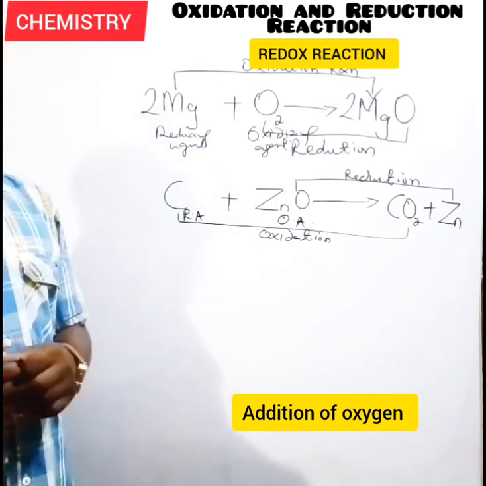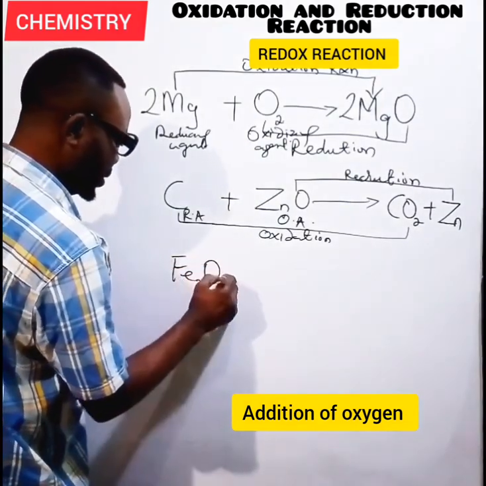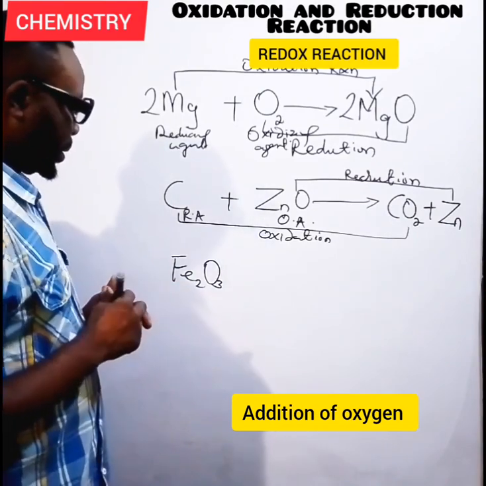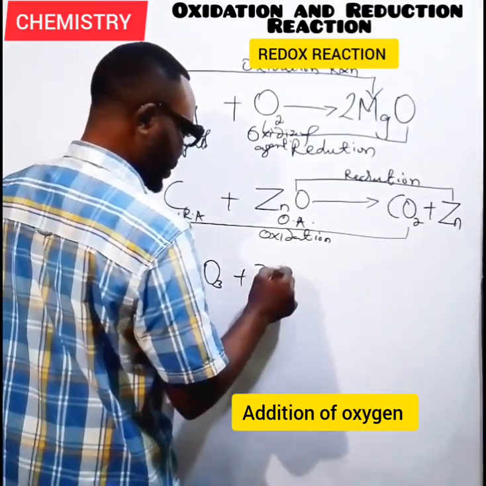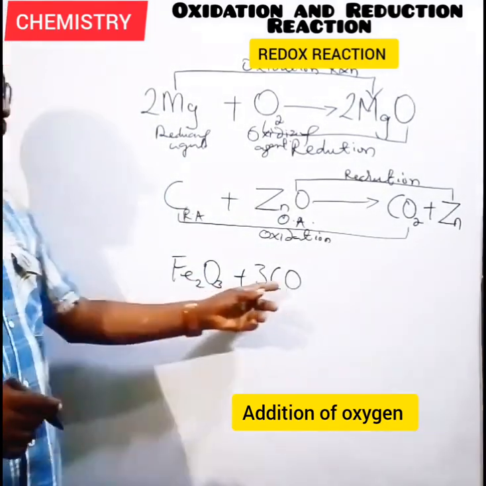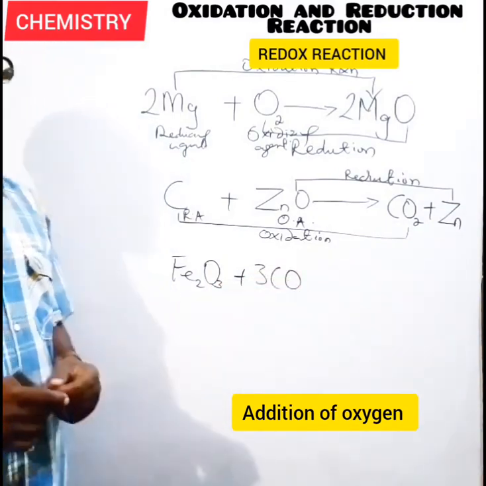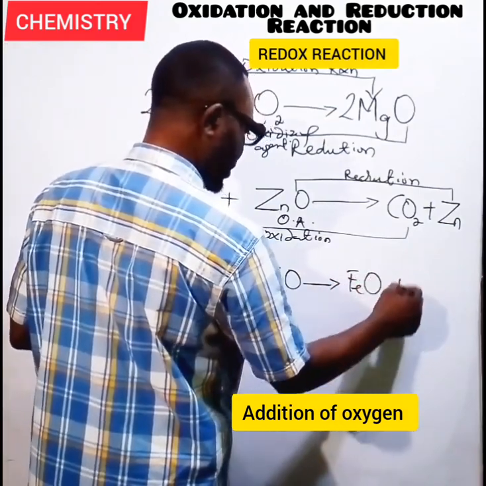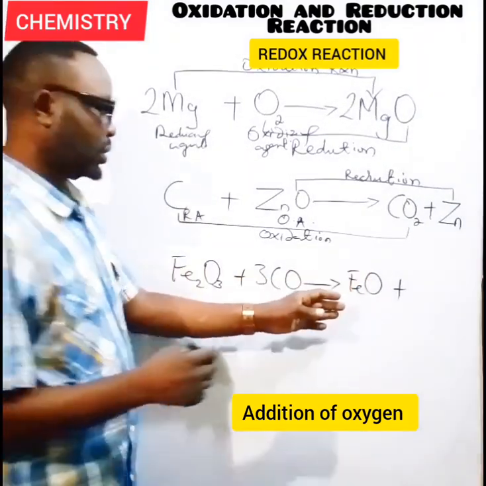Now let's look at another reaction between iron oxide. That is, this is iron 3 oxide, and you can see this reaction now. This is iron 3 oxide with carbon dioxide. Carbon dioxide. So which is going to give us, when we have iron oxide, then it will give us